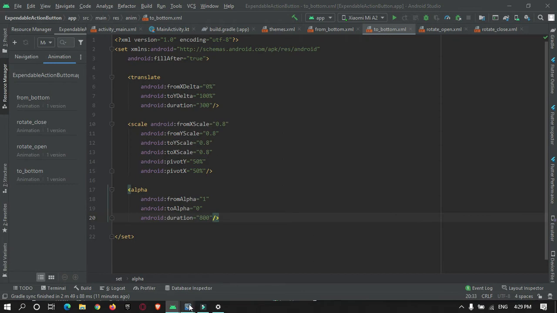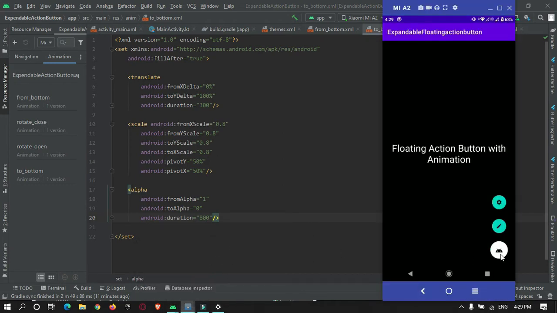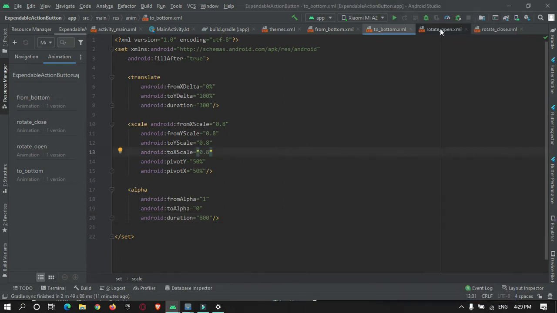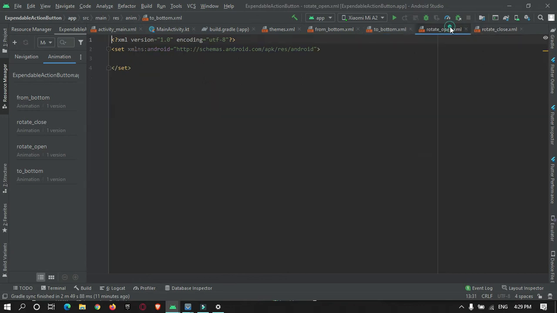As you can see in the app, when I press this button, the button spins and rotates. For that, we need to do it in rotate open and rotate close.